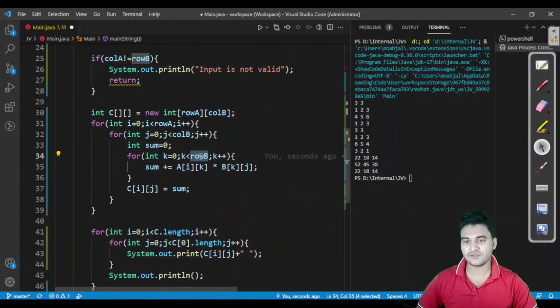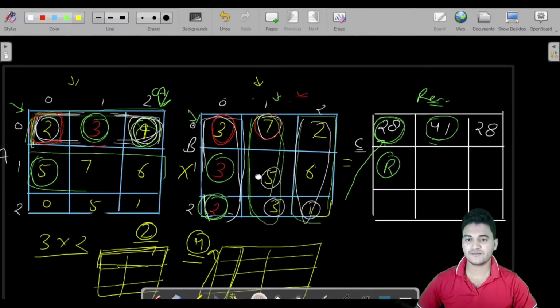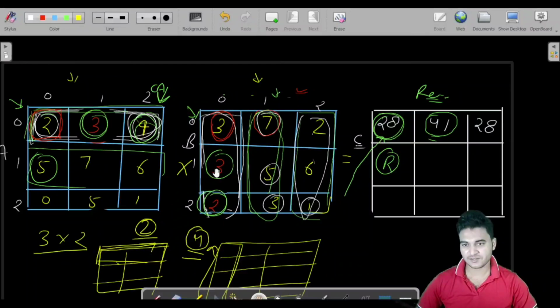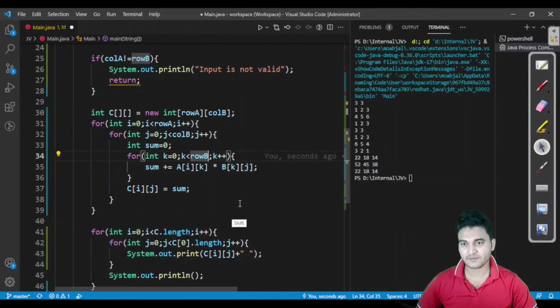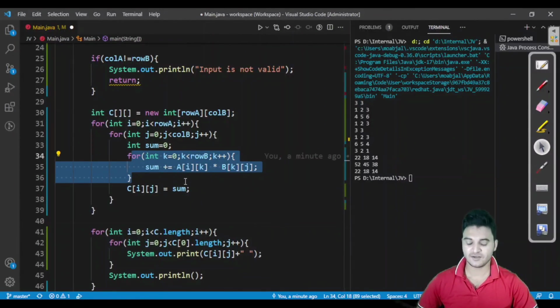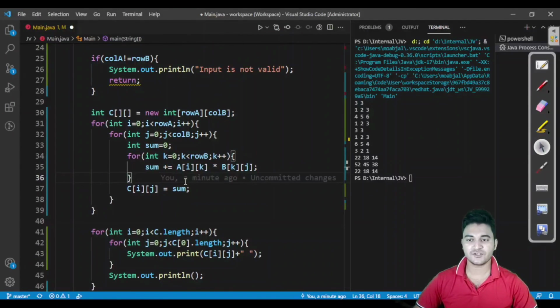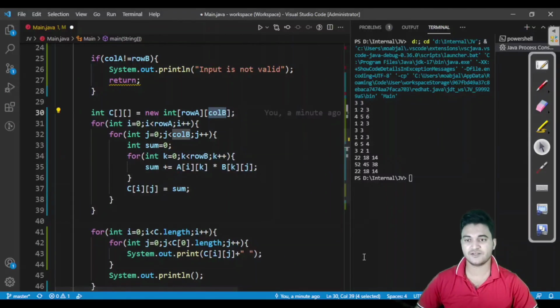Until when do we need to execute this loop? Let us see the inner loop. If you could see here, we have this row, the second one. So we need to go till all the rows of this, I mean the second matrix. So we need to execute this loop till row B. That is also fine, which we have written. I have written the same thing intentionally, as we would be explaining later on. But the point is just to explain how, if the inputs are different, what change we need to make. So that was the change which we have done here also.